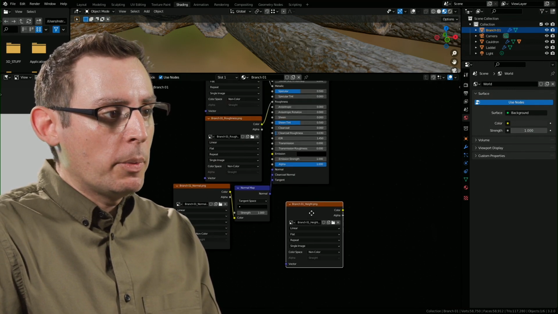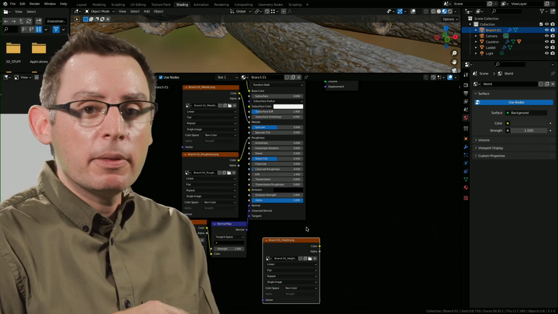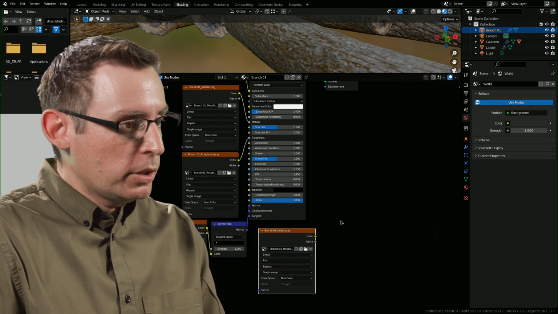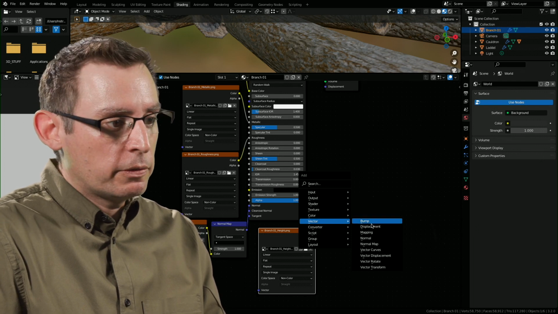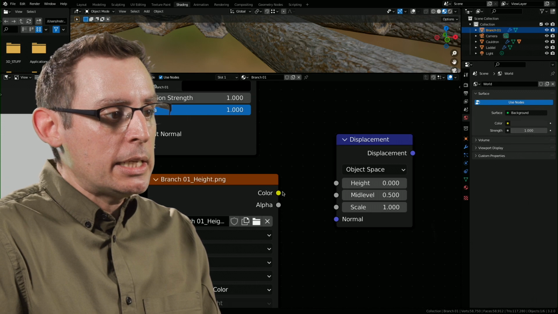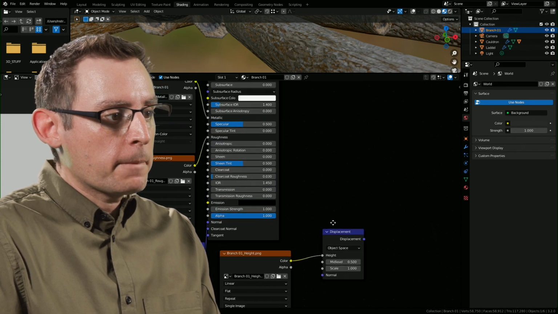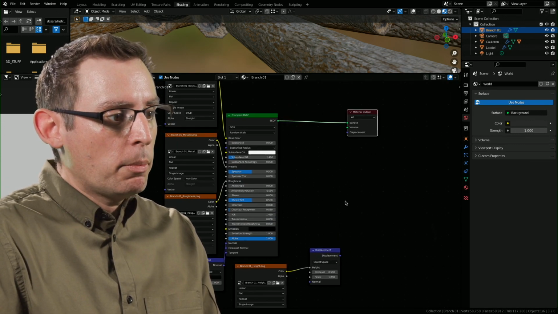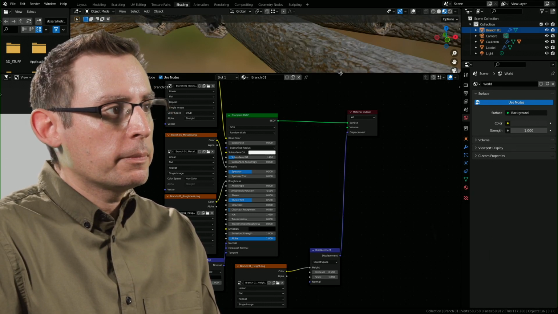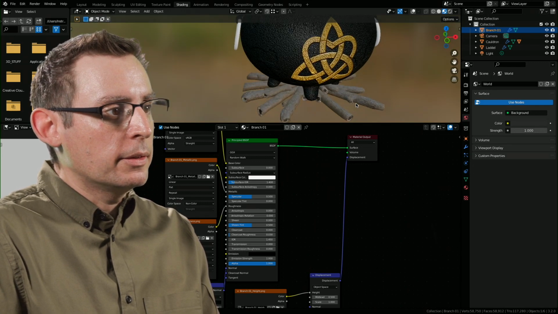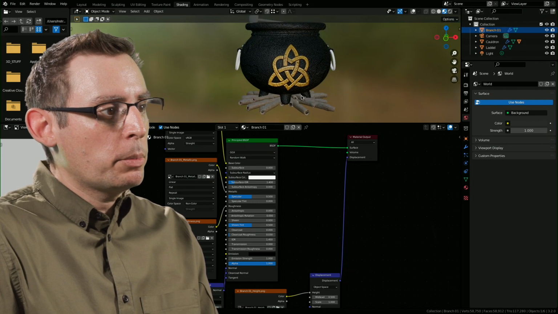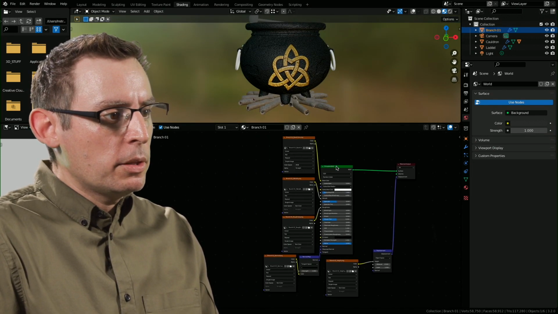And of course, the last one that we're going to manage is that height map. We're going to use the same setup that we use for our cauldron. So let's add in under the vector series of options, the displacement node. And we're going to take the color information and send it to the height values. And then we'll send the output of this displacement node to the input of my material output. All right. And there it is. And there's the setup for the little branches that sit underneath my cauldron. Pretty cool. So this is a step in the right direction.